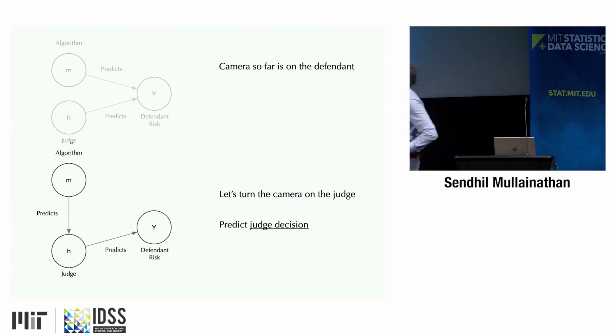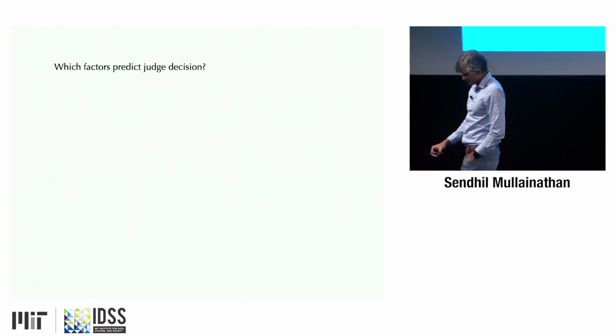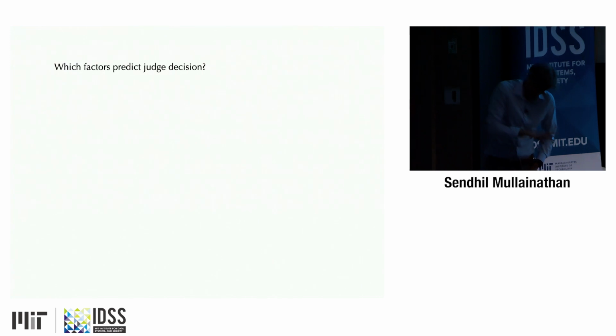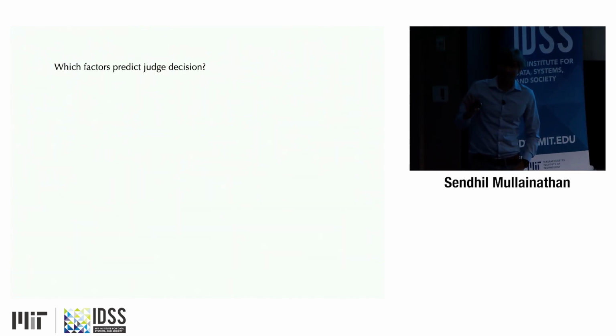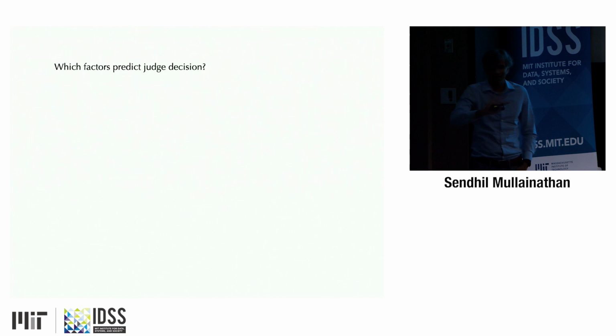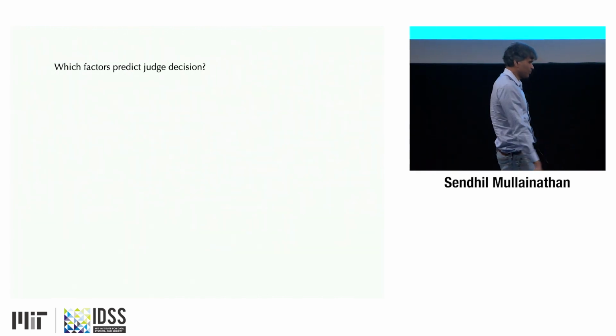So let's do that. We build a predictive model of the judge, and we can ask which factors predict judge decision. What I'm going to do now is not the meat of the paper. It's just something to get us going. So this is going to be the dumbest exercise. We built a supervised learning algorithm of the judge using a bunch of data, and all we did is some very crude variable importance type measure. In that crude measure, I'm going to show you the 5 variables that are the most important.